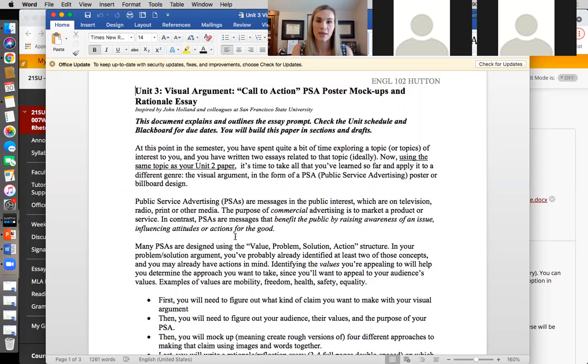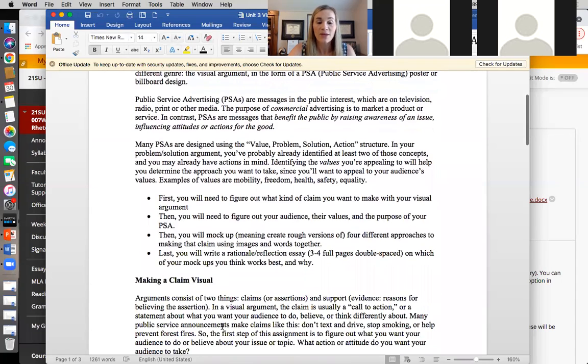Okay, like you would see on a billboard, right? So you're going to make 4 of them. And then after you make those posters, you are going to write an essay about creating those posters. So you're not making any more arguments in the writing of Unit 3. The writing of Unit 3 is all about how you made your posters, why you made the decisions that you did, and then you're going to pick one of them that you feel is the best and argue why you think it's the best compared to the other 3